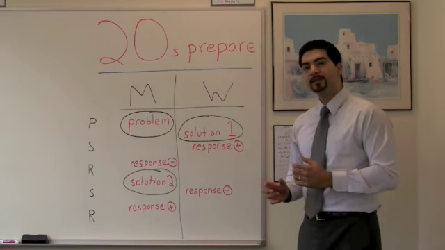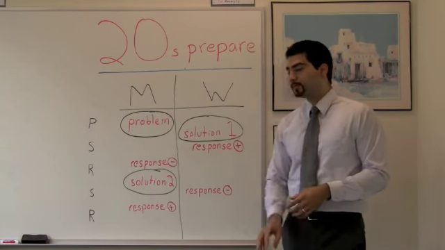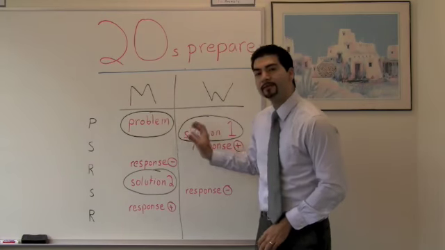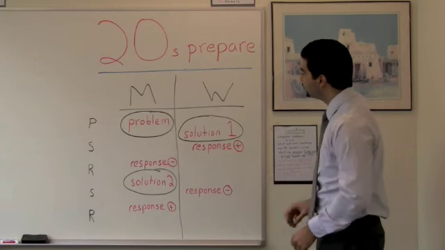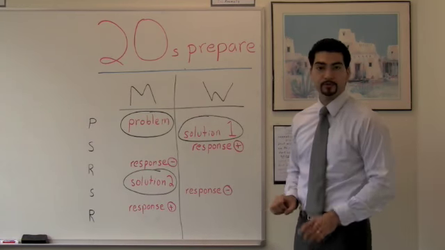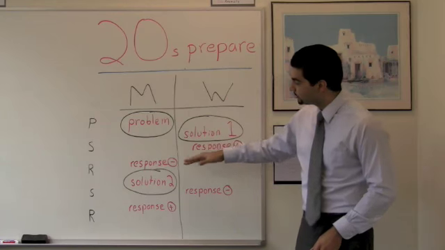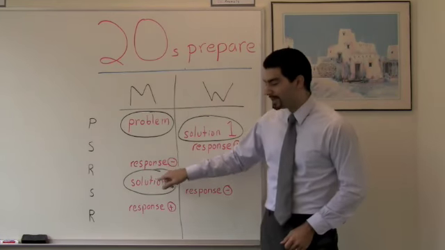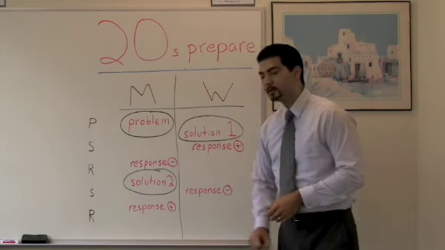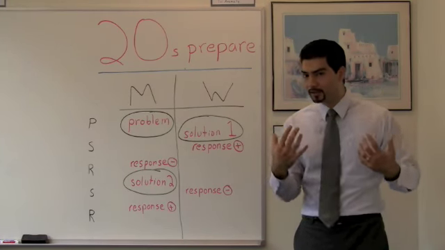What you want to do during your 20 seconds is organize all of this information. And you want to do that by drawing 3 circles. One circle around the words that represent the problem, and only the problem. All the way around, not through, nice and clear. Next thing you want to do is circle the words that deal with the first solution, nothing else. Not the response, just the solution, the first one. Big circle all the way around, include all the words that need to be included, exclude everything else. The third circle around the second solution. That way, when you look at your notes, you can quickly identify the problem and the 2 solutions. And this is important for when I discuss how you're actually going to deliver your speech.